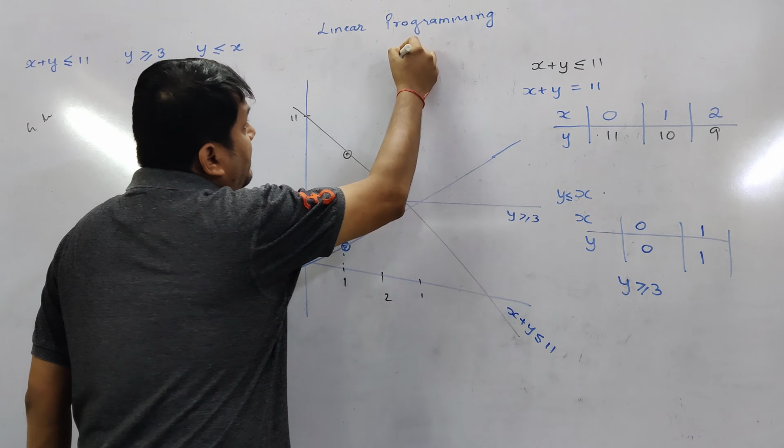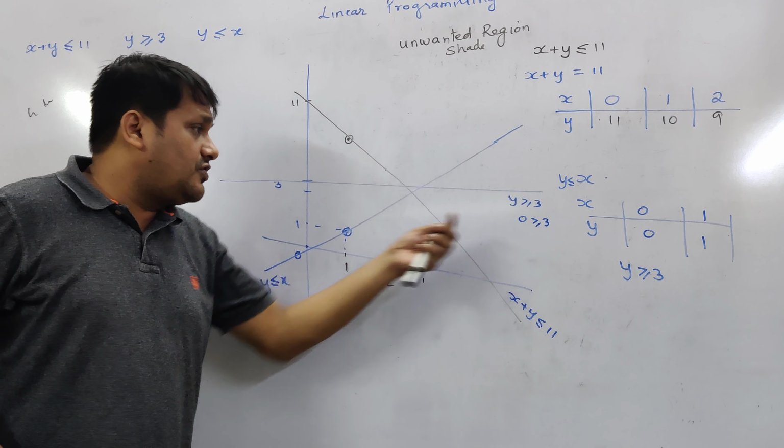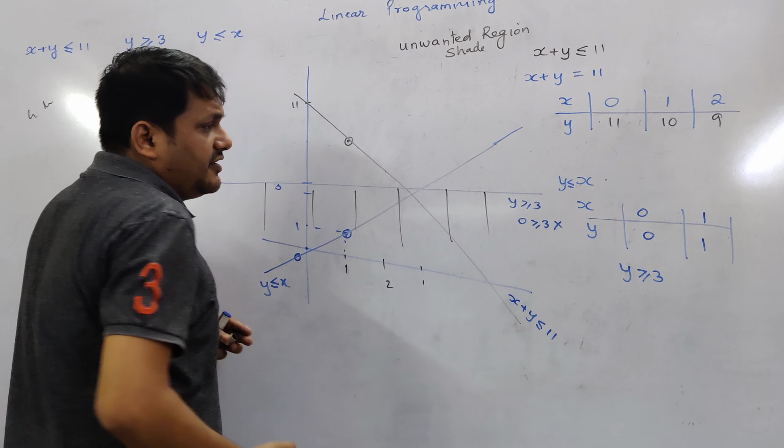So how to find the region? We take the first equation, y is greater than equal to 3. I put 0 in case of x and y here. So what I get is 0 greater than equal to 3. To understand which side the region will come: what is 0? 0, 0 is this point. When I put this origin in this equation, is 0 greater than equal to 3? No, this is wrong. That means this is my unwanted region. The origin lies in my unwanted region. So how will I shade it? I will shade in this manner. This is my unwanted region.